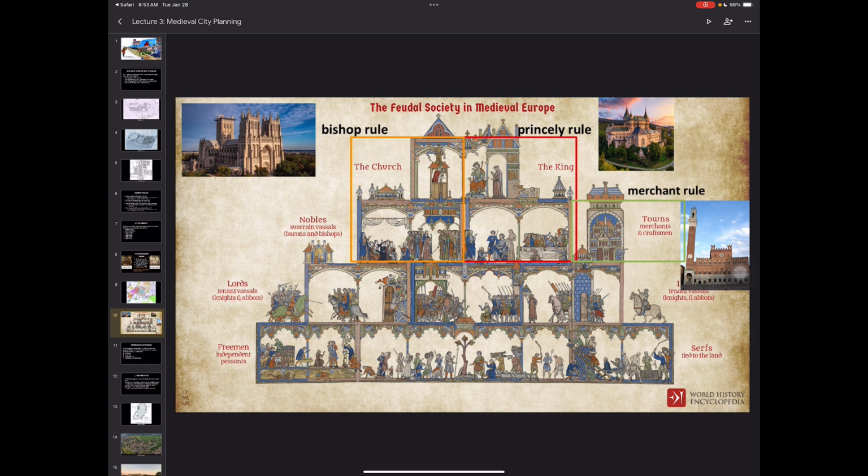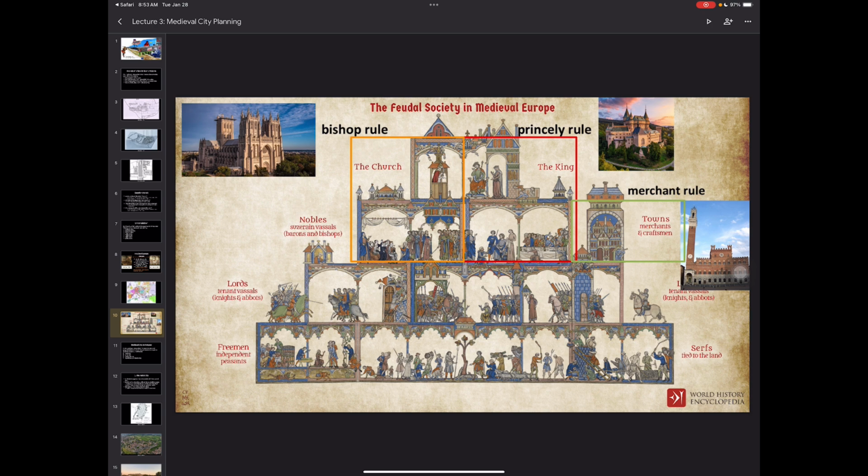And usually the structure that is associated with them is of course going to be our palace or our castle. So when we're looking at European medieval maps, if you see a castle, we know that it had princely rule at some point in time. Our other option is going to be related to the church, which is of course going to be bishop rule. It's not pope rule because the pope is only in one place, right, and that's the Vatican. But everywhere else, you do have your local leaders, and those are going to be your bishops. So in some towns, we do have the bishop become the main ruler.